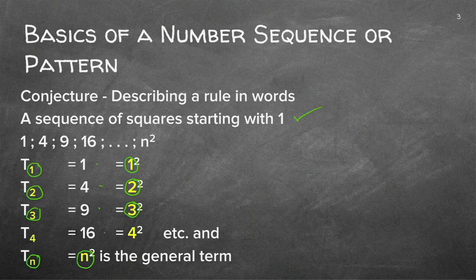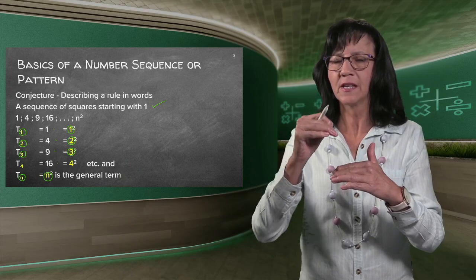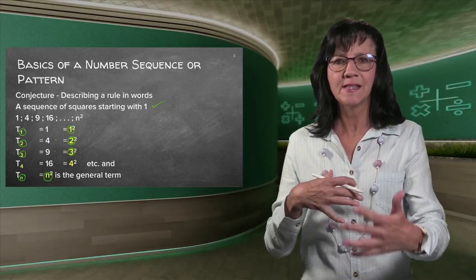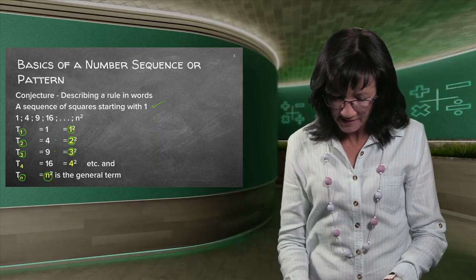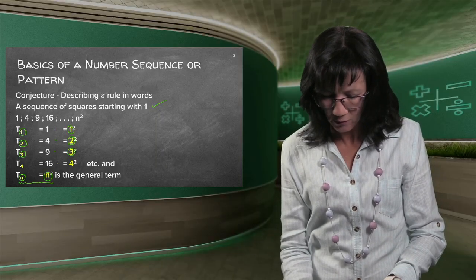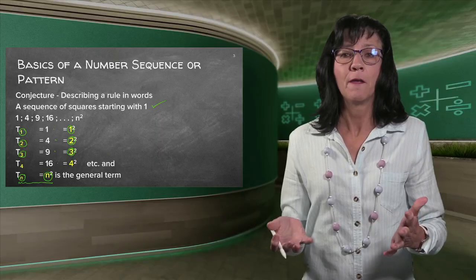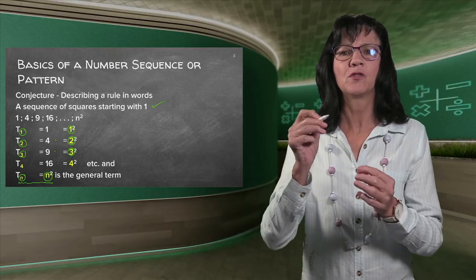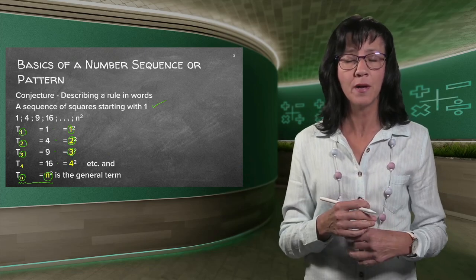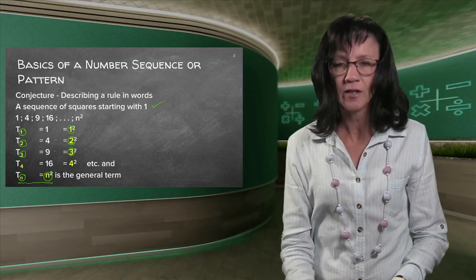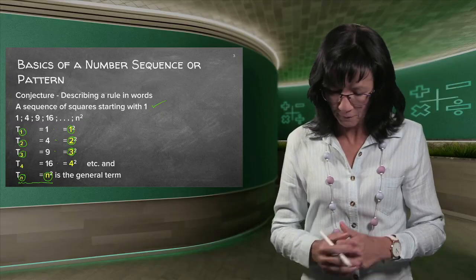That is how easy patterns are. You can see a pattern. If you've written 3 or 4 of the figures in the sequence, you can normally see what pattern is going on here, and you can make a general rule. This is the general term: Tn is equal to n squared for this specific sequence. Now, if I ask you to find the 50th term, you do not have to write out all the terms until you get to the 50th one. You can just use the formula, fill in 50 in the n space, 50 squared, and you'll be able to find the 50th term.